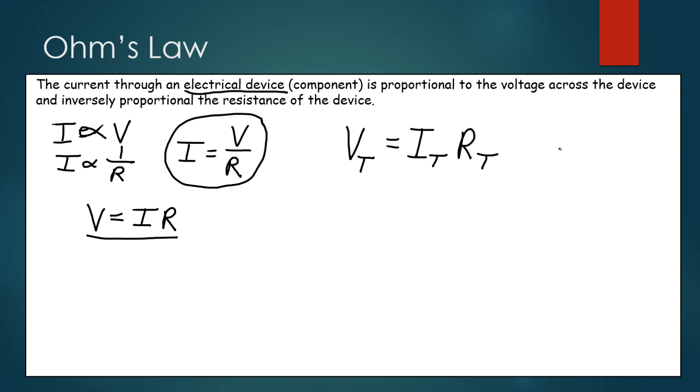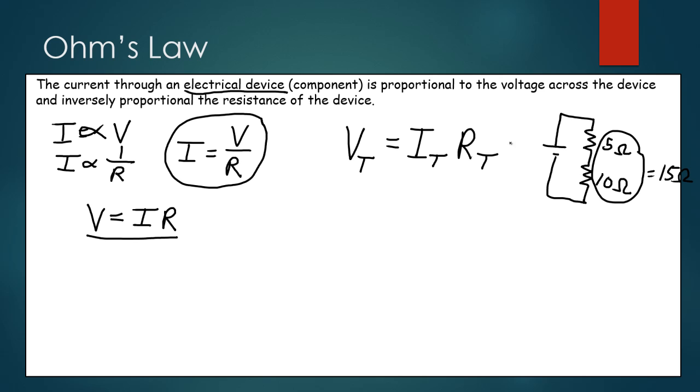Okay, so if I were to have a circuit with two resistors in series, and this is 5 ohms, and this is 10 ohms. Well, my total resistance, because they're in series, is going to be 15 ohms. So that equals 15 ohms. Okay, so the total resistance times the total current gives me my total voltage. And the total voltage would be the voltage of the battery, and the total current would be the current flowing